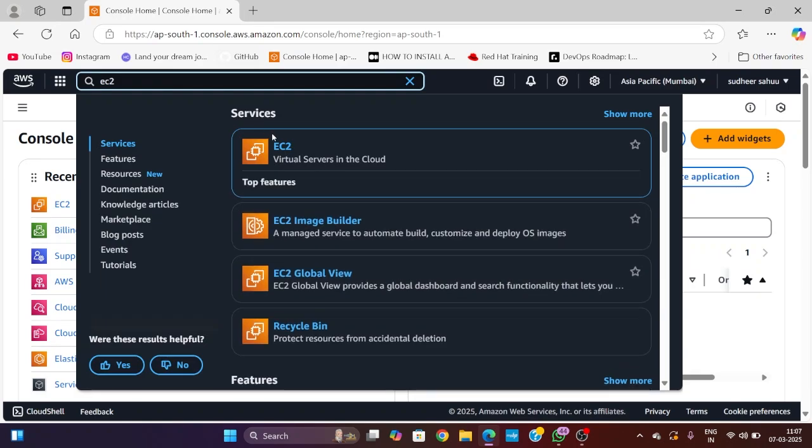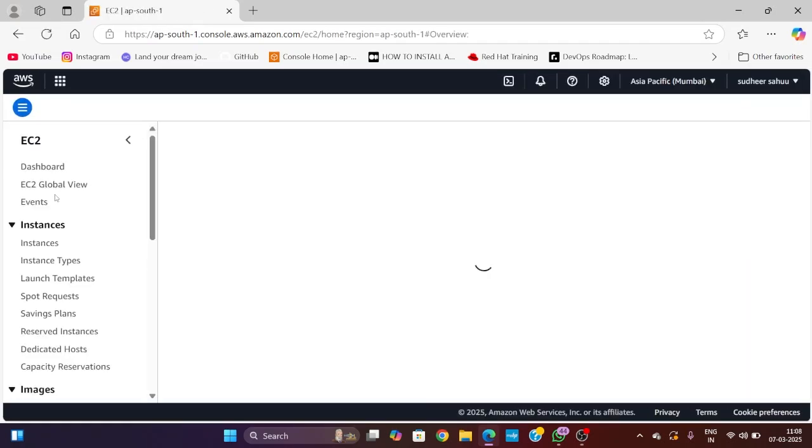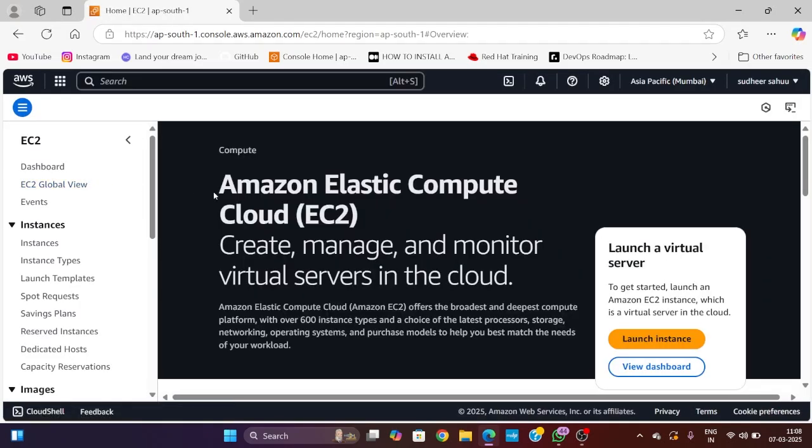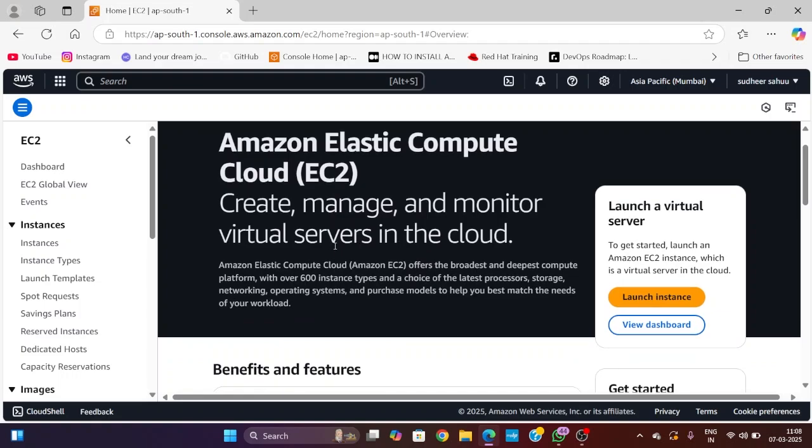EC2 is generally doing virtual servers. Here are virtual servers in the cloud. We can create virtual servers on the cloud with the use of the EC2 service. This is all about the service. In an AWS account we have a lot of services, but with this EC2 service we can create, manage, and monitor virtual